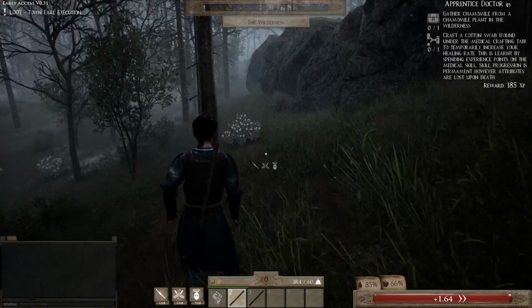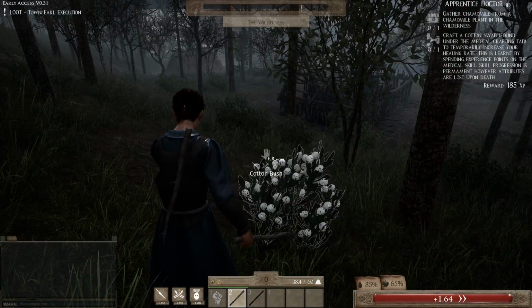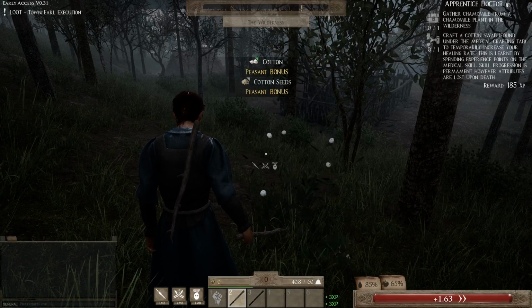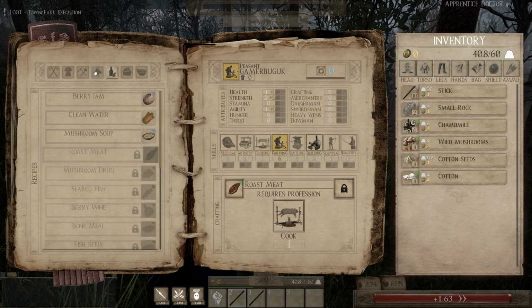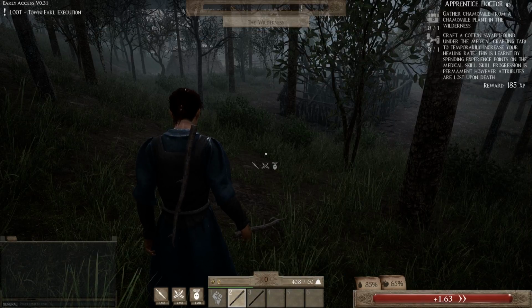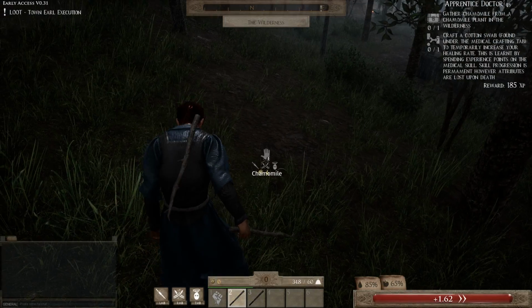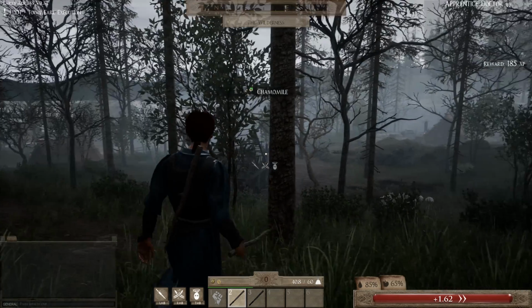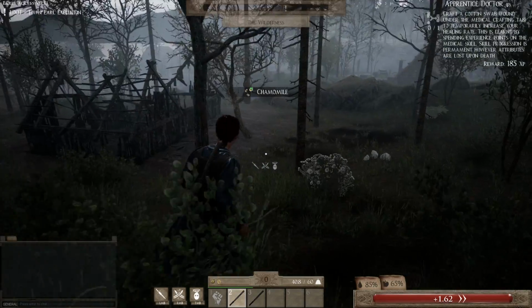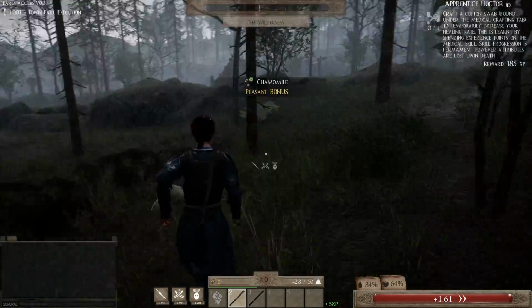Right, some more cotton here. I think I might have opened up cotton swab, but I'm not sure. Did I? I have not. So I can't actually make that, which is quite annoying. By the way, you can just drop this chamomile and then pick it back up, and it'll have counted. But I haven't got enough experience points to actually...